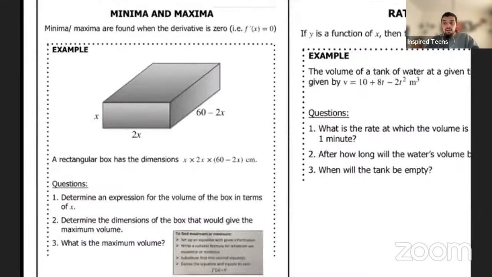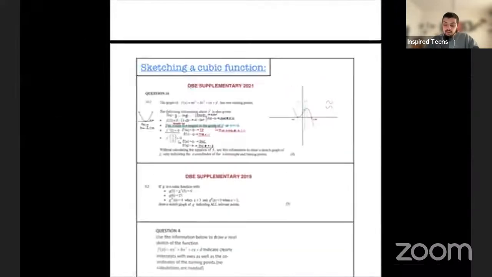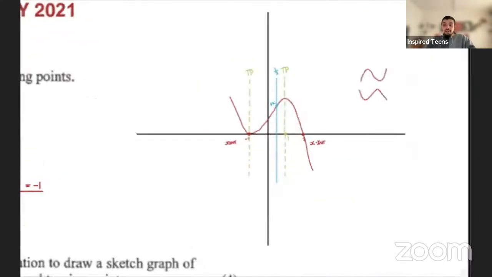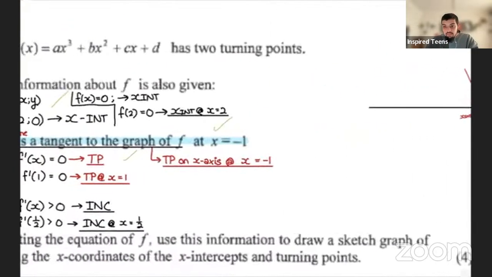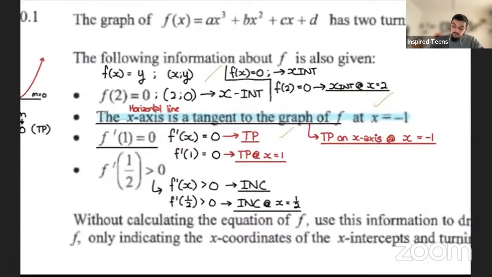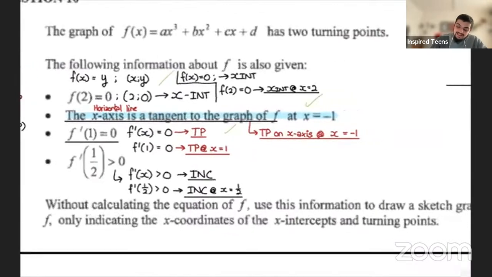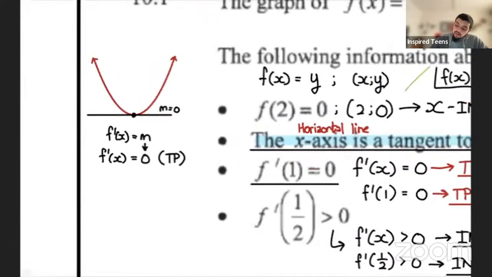I'm lost how we got the turning point and the x-axis. How did we get the turning point? Do you mean how did we get the turning point on the x-axis? Okay, so the way we got the turning point on the x-axis is with this concept here. The x-axis is a tangent to the graph of f at x is equal to 1. What we need to remember here, okay, is that